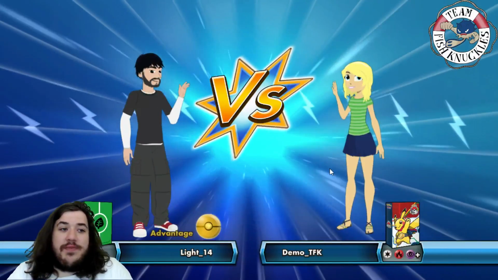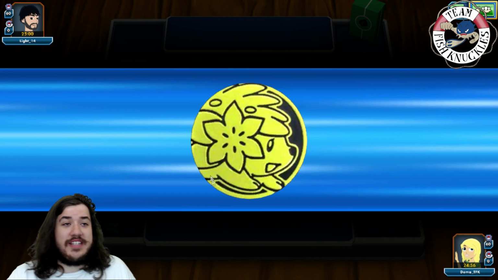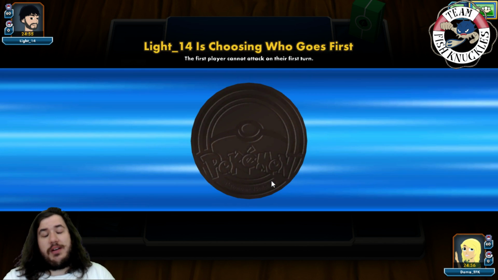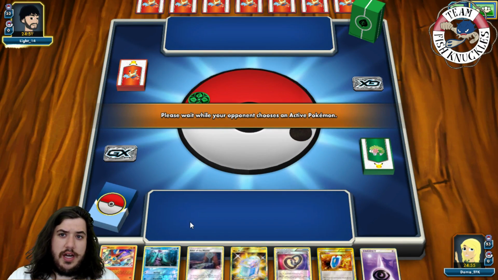Alright, so we get a Light 14 playing a Grass and a Colors deck. Is this a good situation? I don't know. As long as that Energy Denial again, that was rough, man. The Energy Denial was a pain, and we somehow overcame it, but can we take down a Grass deck? Well, okay,